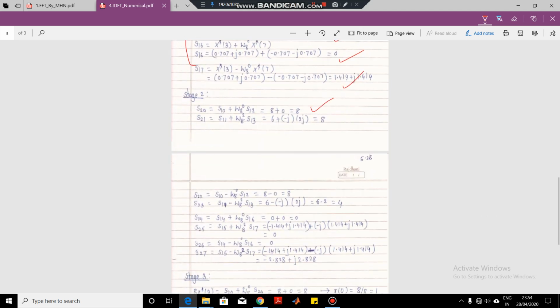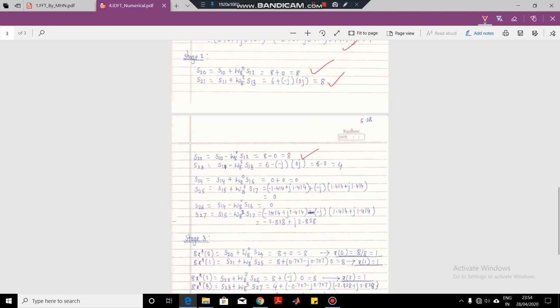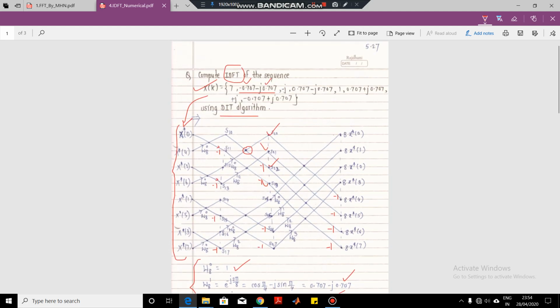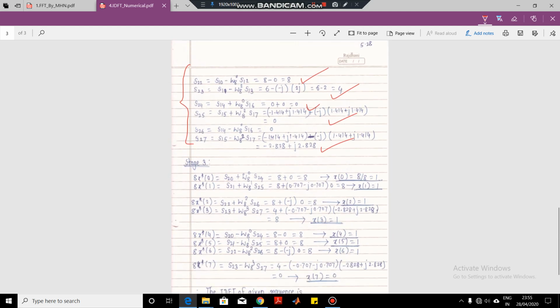So again we go by that fashion. I am not explaining again in detail because we have already done this in the previous video, how to do the computation for this DIT FFT algorithm. So again we do all these computations. Do these computations carefully because here we have complex numbers. So you get the outputs of stage 2 here, and finally the stage 3 computation. This is our first butterfly, second butterfly, third butterfly and fourth butterfly. Again we are getting the same outputs here. This is the first output of the first butterfly, second output of the first butterfly, then first output of the second butterfly, and so on. All these 4 outputs you can compute here.